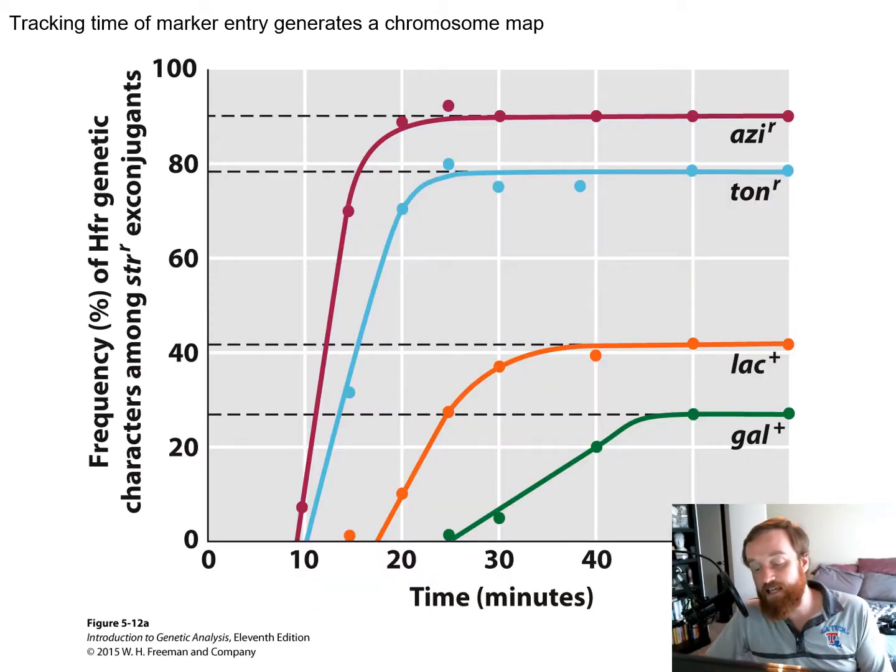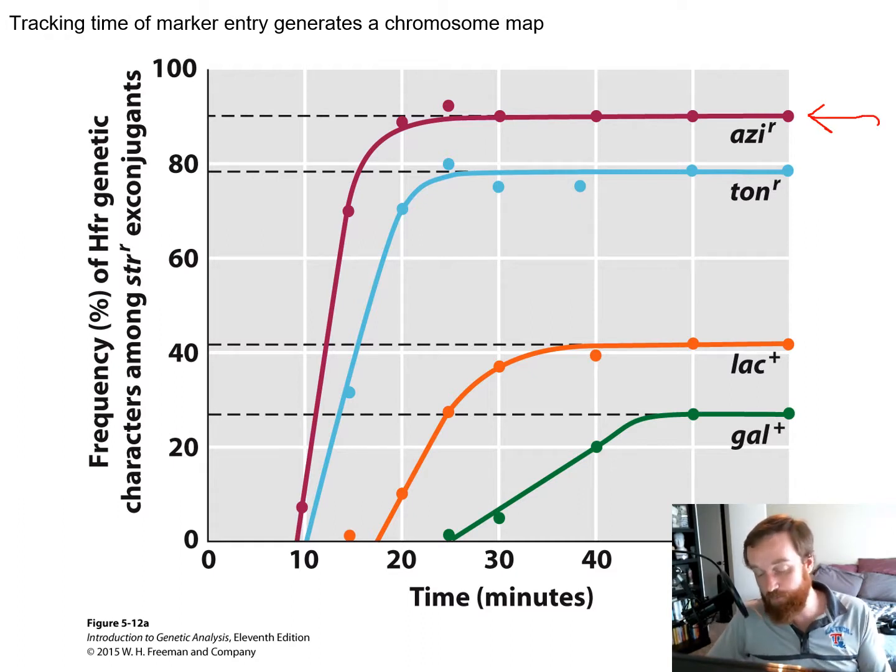And when they did that, they could look at selective markers, like we talked about before, growing on antibiotics or minimal media, etc., and see what grew. So they saw that after about 10 minutes, if they broke apart those bridges, almost 100% of the X